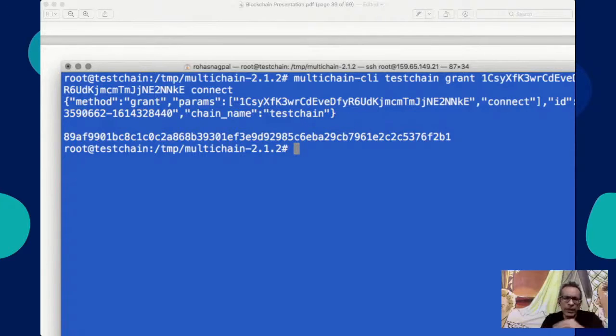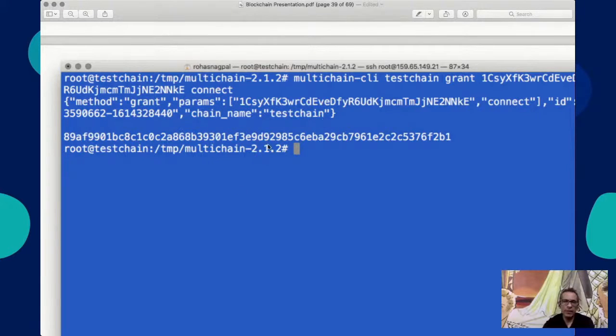After that, on your node, you can create hundreds of addresses, and I can grant each of those addresses different permissions. Some I can give the send permission, receive permission. All that is customizable. Blockchains are highly customizable when it comes to permission. That's very important to remember, because if you end up giving the wrong permission, you're opening it up to an attack. If some unauthorized person gets admin or mine permissions, your blockchain is ruined. So we have to be very careful what permission we give anybody. Questions? Is it all absolutely clear so far?